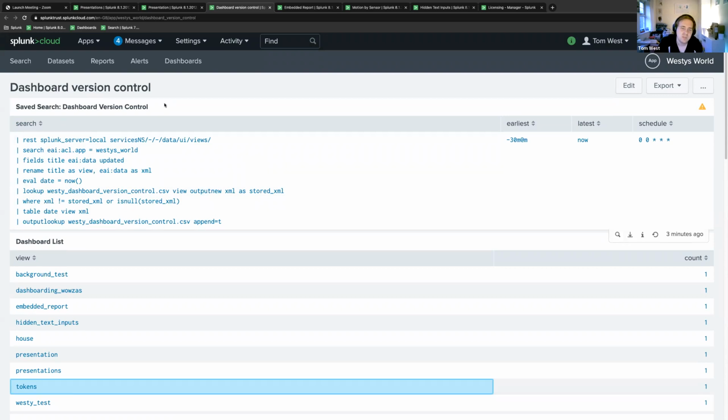So in theory, you could back up all your conf files just by having a saved search, pulling in the details of your conf files, and then storing that detail out to a lookup. The other thing as well, as far as REST goes, especially with that particular endpoint, is if you combine that with an untable command, then you could, as long as you use it against your main identifying field,